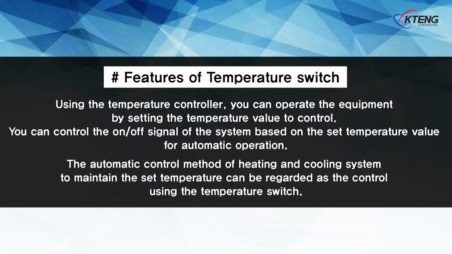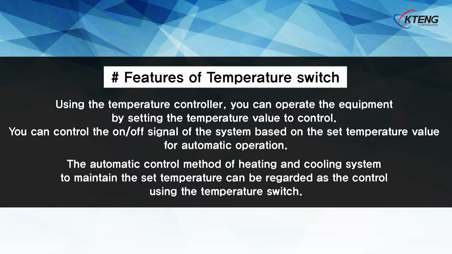Features of the temperature switch. Using the temperature controller, you can operate the equipment by setting the temperature value to control. You can control the on-off signal of the system based on the set temperature value for automatic operation. The automatic control method of a heating and cooling system to maintain the set temperature can be regarded as the control